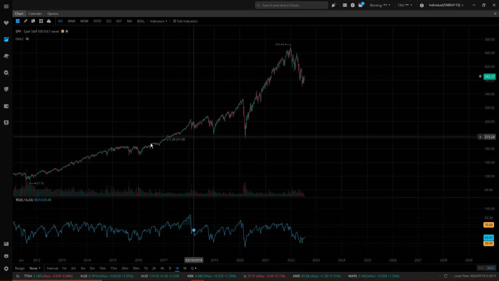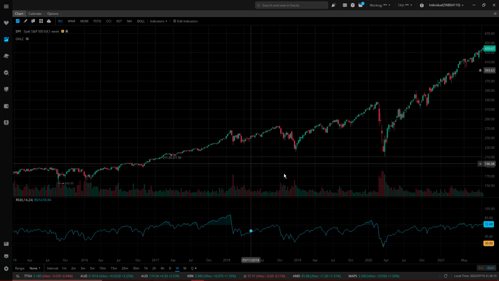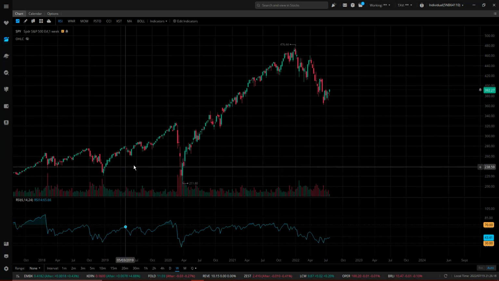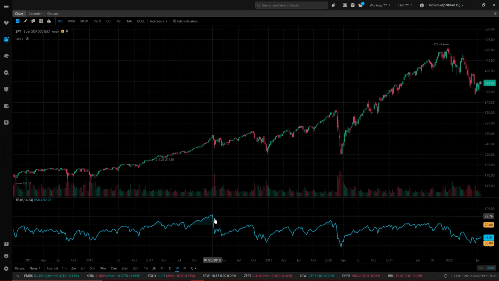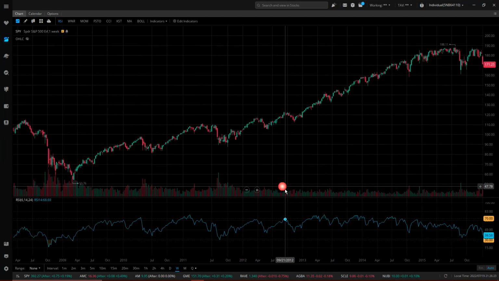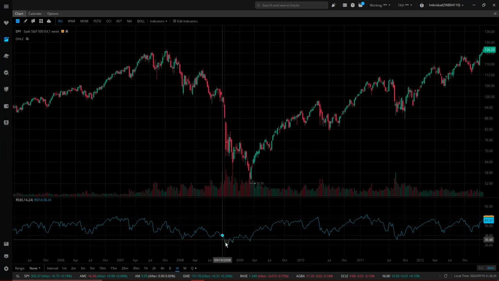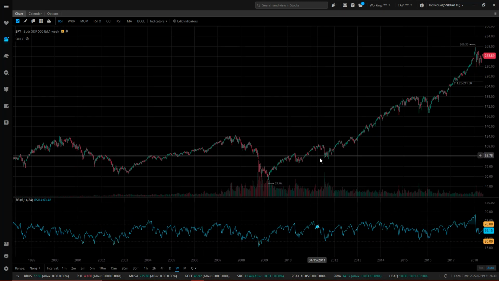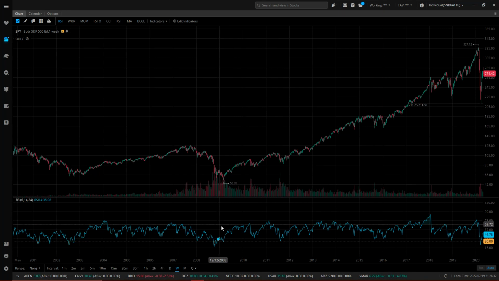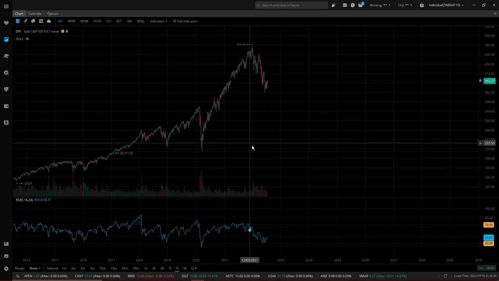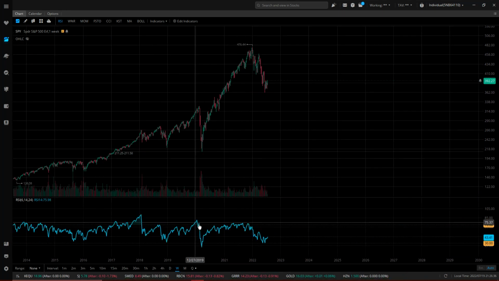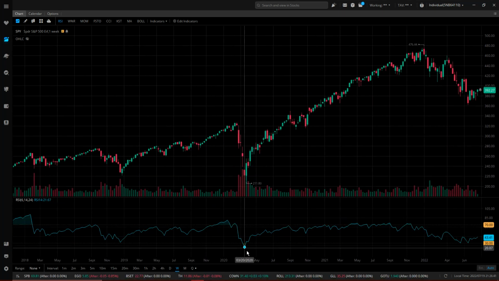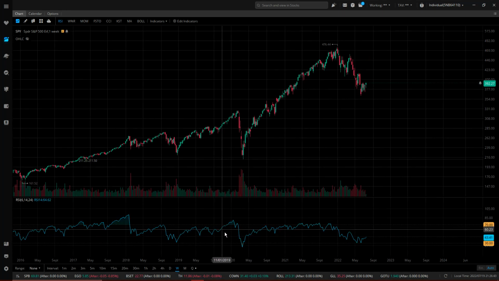COVID was a perfect RSI reset on the weekly. I mean, it went from overbought to oversold. Here, no. Did it do it in 2008? In 2008, it started at oversold. Jesus Christ. And that's the difference, right? We didn't start at overbought in 2008. Look at COVID. We were way up here. We didn't crash because there was a problem. We crashed because they had to do the